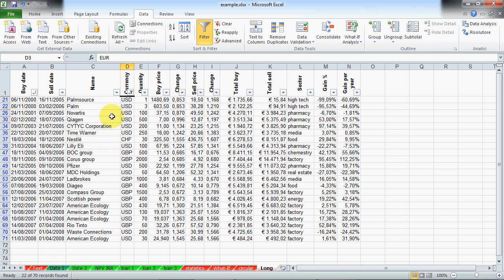You can see the row number is blue, just to emphasize the fact that there are hidden records here. Also there is a funnel symbol here. This in English is a funnel, to remind you that there is a filter in here. You can filter also other things. For example, you don't want to see